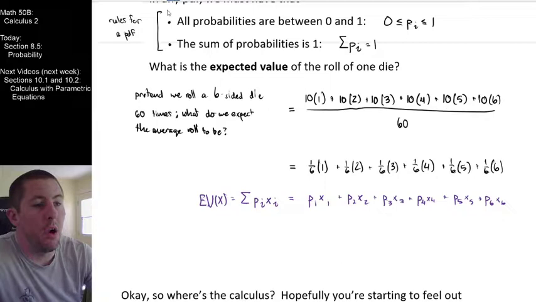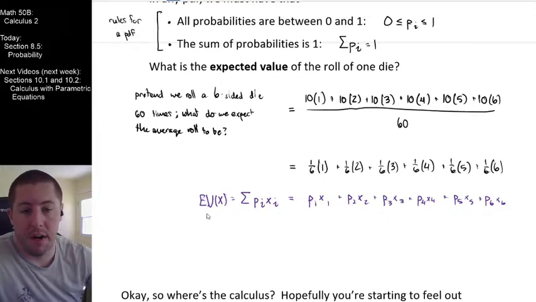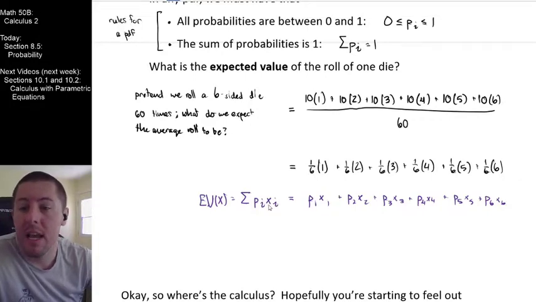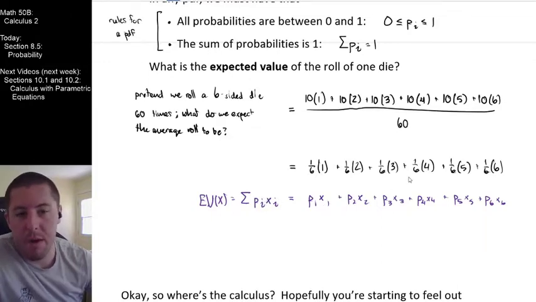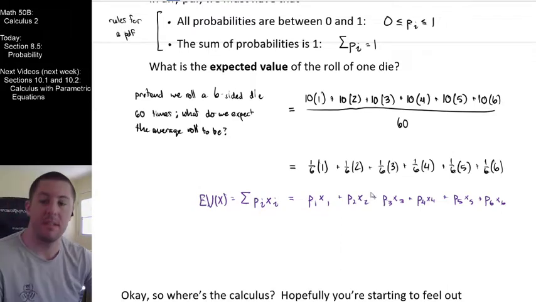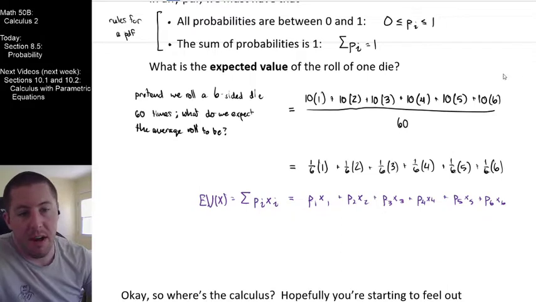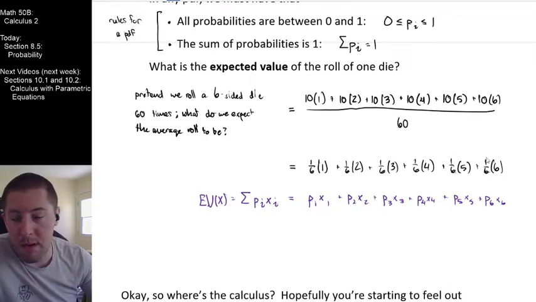All right. So this is going to be a good formula for us to use for our expected value right here. The expected value of the random variable x is the sum of each probability of each event times the value associated with that event. Now notice, if one of the sides of the die had a 16 on it, we'd be using 16 out here instead as one of those value terms that's associated with this. If this were a loaded die where a 6 were actually going to come up 80% of the time, then our probability associated with the 6 would be 80%, 0.8, instead of 1/6 right there.